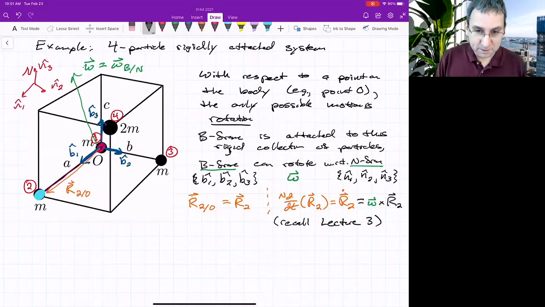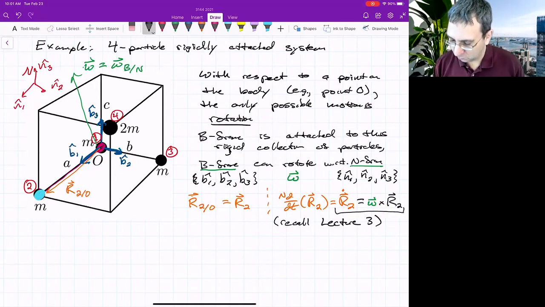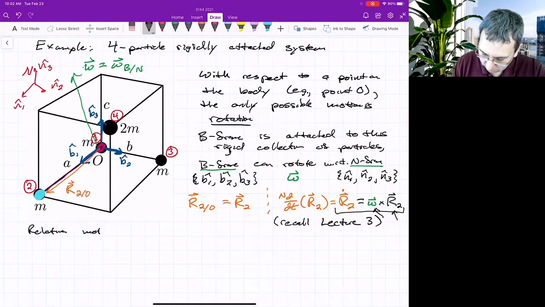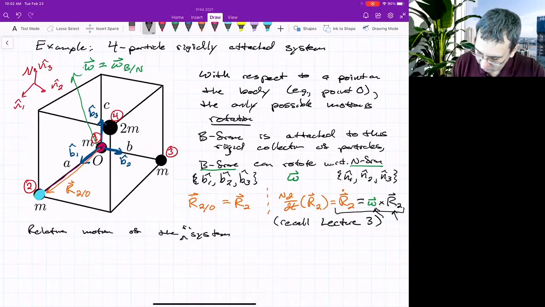And the angular momentum, if you remember from above, is the mass times the position vector cross the inertial velocity of that vector. But whereas before the inertial velocity was kind of arbitrary, now it's constrained to be an angular velocity vector times that position vector. So the relative motion of this rigid system of particles